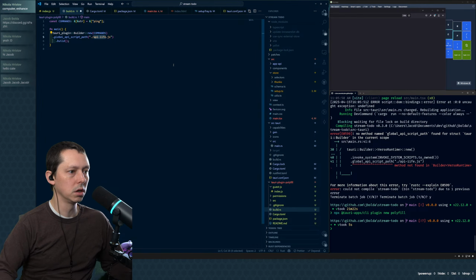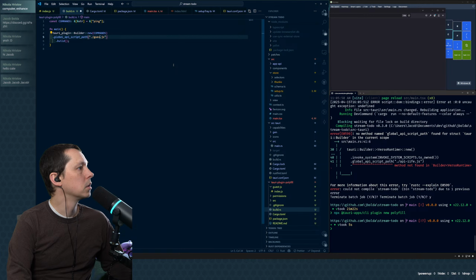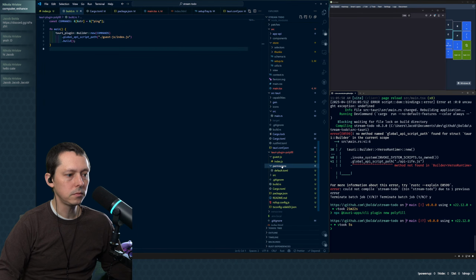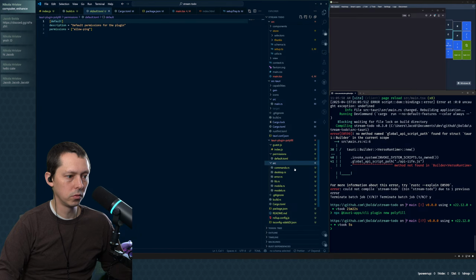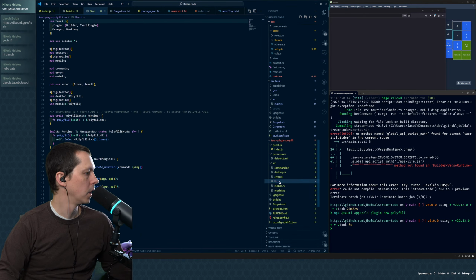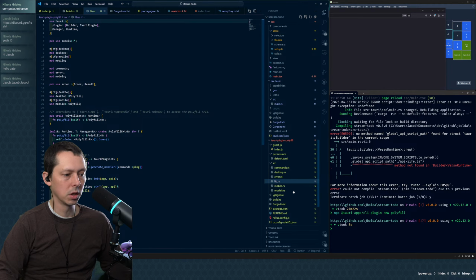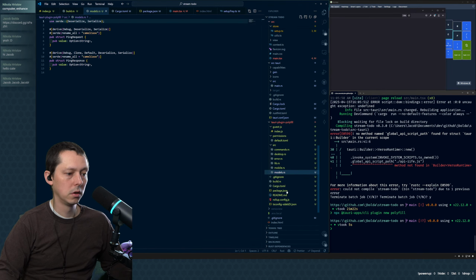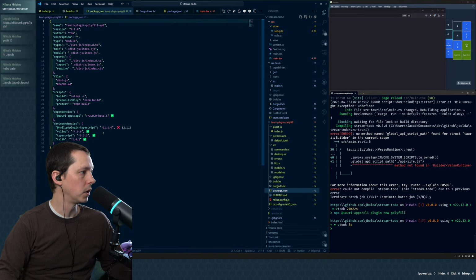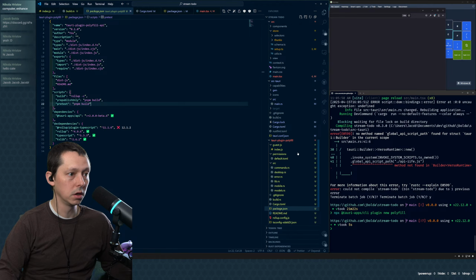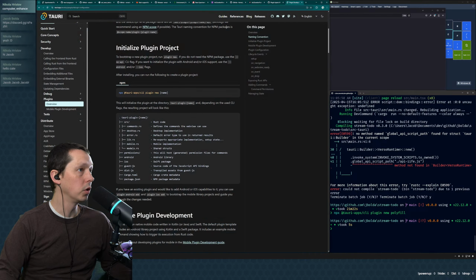Now, if we look in guest.js/index.js and permissions, default permit. Okay, I don't really care about that right now. Build a new polyfill, blah blah blah. Okay, so a bunch of what we did last time was just generated for us, which is fine. We don't actually need these bits because I think we're going to just try to use it directly, which means that if we go back to our app,